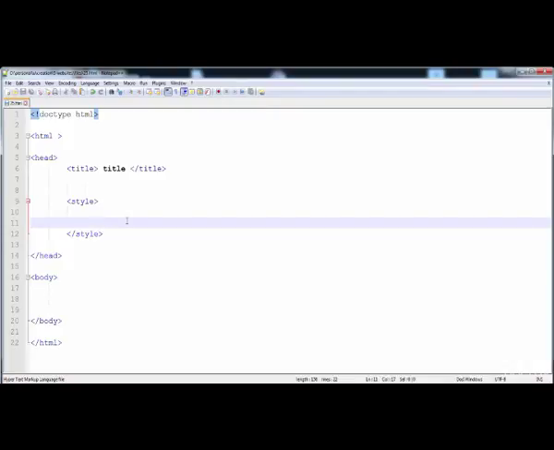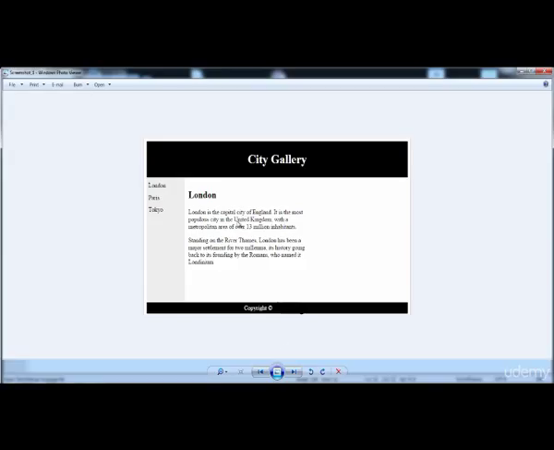Hi guys, in this lecture I am going to teach you how to make a layout using HTML and CSS. Here I have already downloaded a layout from the internet. So first of all we are going to make the header of this page. This is the header, and then